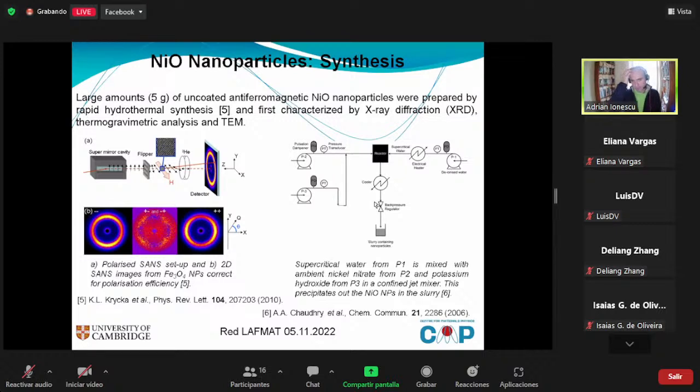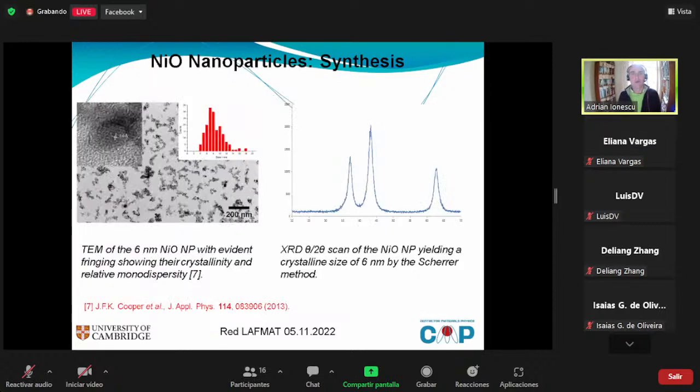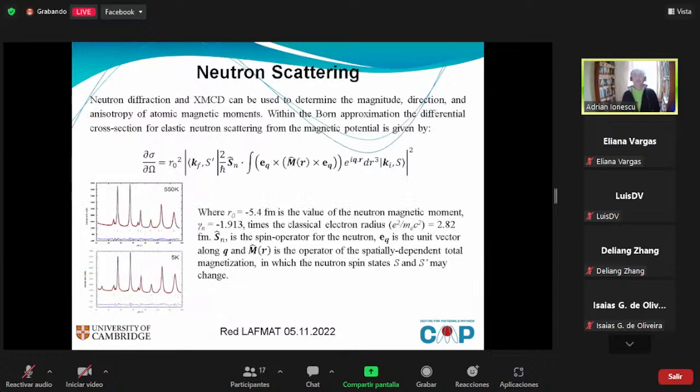We also did this with ferromagnetic iron oxide, Fe3O4, but I think it is easier to understand the principle on nickel oxide and the analysis of the results. So that's why I will focus on nickel monoxide. We did then TEM studies and XRD to get the average size of the nickel monoxide particles, which was about 6 nanometers, and also to study their crystallinity. You see they are basically a single phase. And then we went to do neutron diffraction,